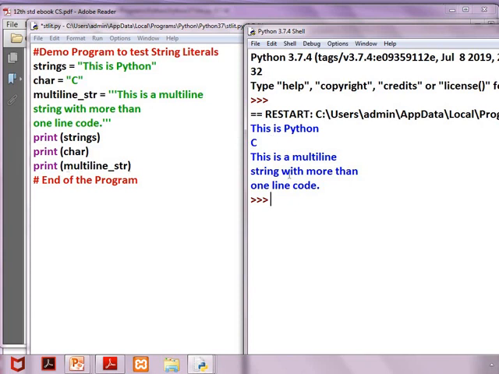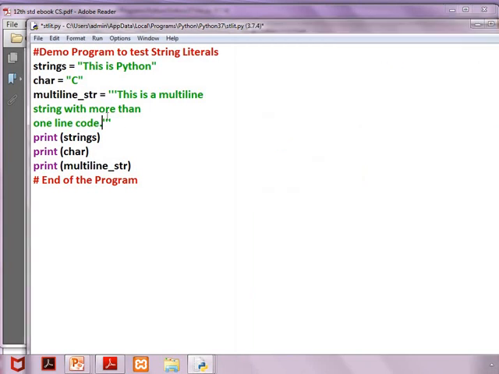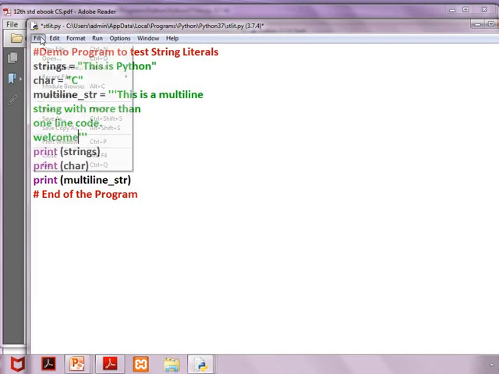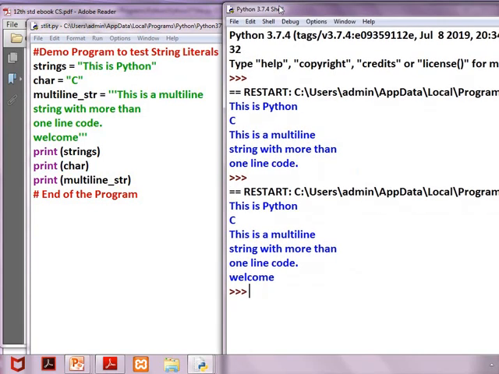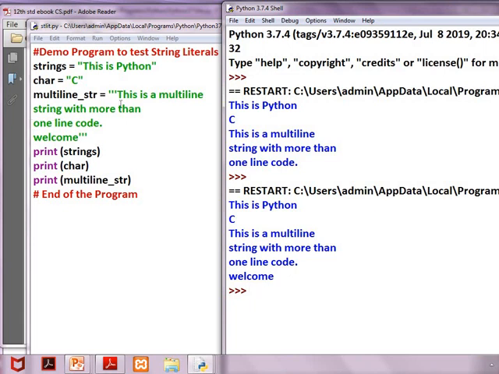Then print multi-line means it is printing exactly how it is in the program. As the string is in 3 lines, it is printed in 3 lines. Suppose we have another line, can you see the difference in the output? It is printing exactly how it is given in the program. Multi-line is allowed. Is it clear, children?